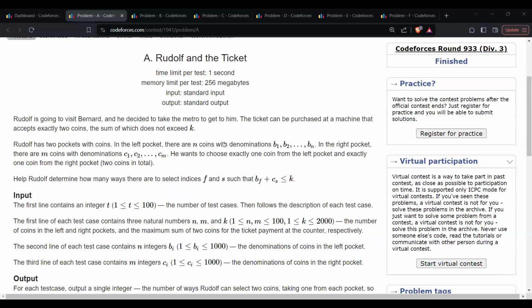So this is the first problem of today's Div 3, and in this problem we are given that Rudolph is going to visit Bernard and he decided to take the metro to get to him. Now the ticket can be purchased at a machine that accepts exactly 2 coins, the sum of which should not exceed k. So in Rudolph's one pocket he has n coins with the denominations b1 to bn,